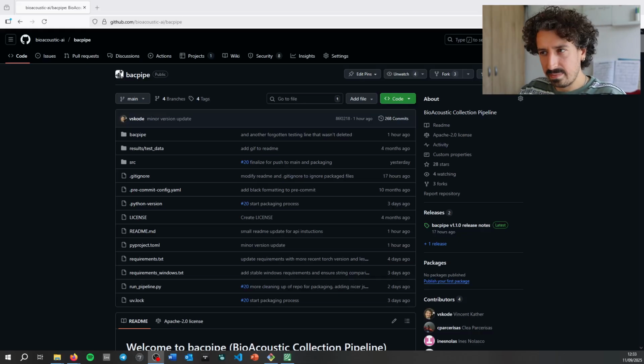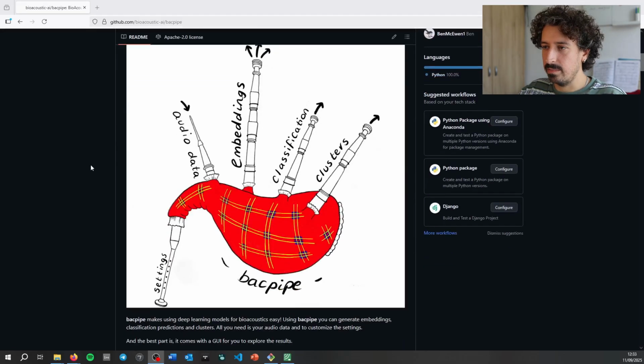So what we can see here is the main GitHub page of bacpipe. This is where currently I'm filming this, and we're just on version 1.1.1, which I just released. And so that's bacpipe here. We're having audio data that's coming in, and then we can modify some settings, and bacpipe gives us embeddings, classifications, and clusters. And the idea is really that if you have massive PAM datasets, passive acoustic monitoring datasets, that don't have any annotations,